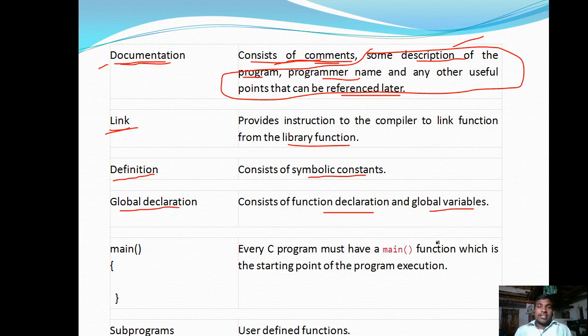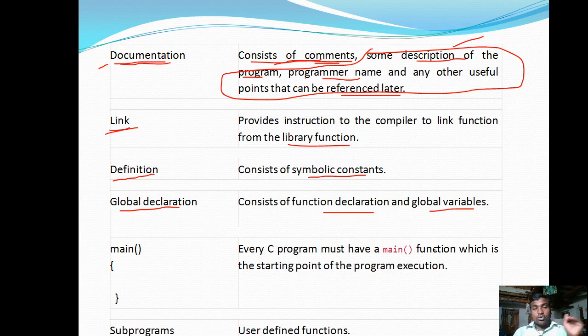Here, global functions or global variables are nothing but the variables that can be used in many functions.